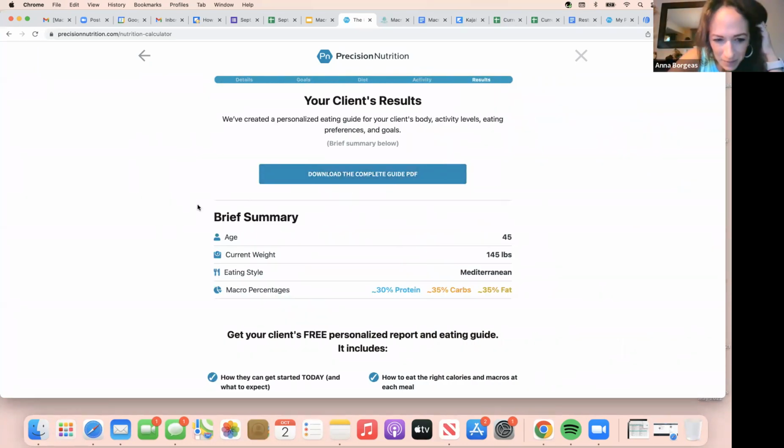Okay, so this is going to be just like kind of a dashboard of what Precision Nutrition has come up with for you. So just so you guys know, this is a computer. Precision Nutrition hasn't gone into Anna's body and, you know, dissected her and analyzed how much muscle she has on her body, how much fat she has on her body. It's just getting information that we can get, how tall she is, how old she is, how active she is, but we'll never know. This is a best guess with the information that we have. It's good, but it's not amazing.